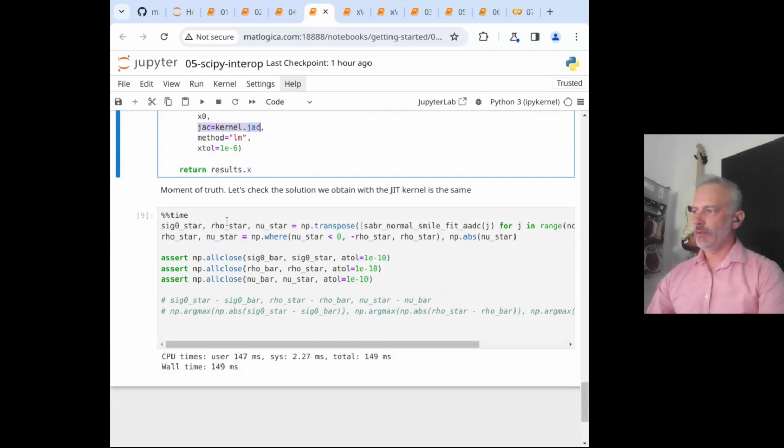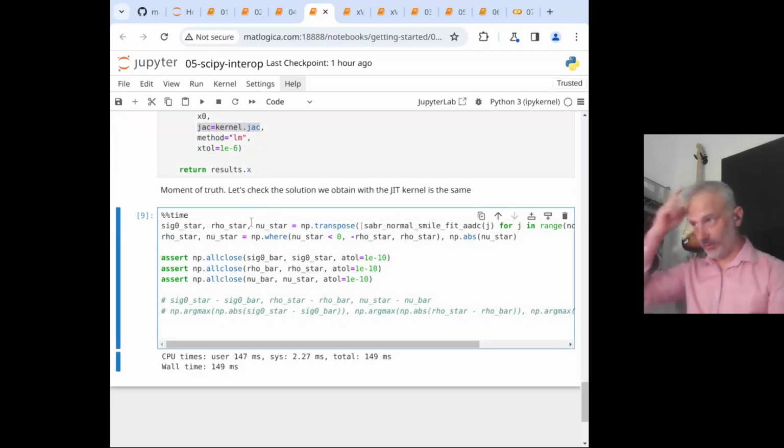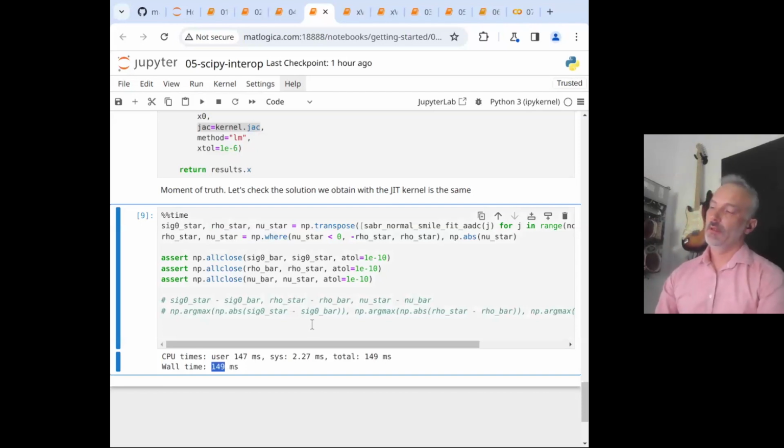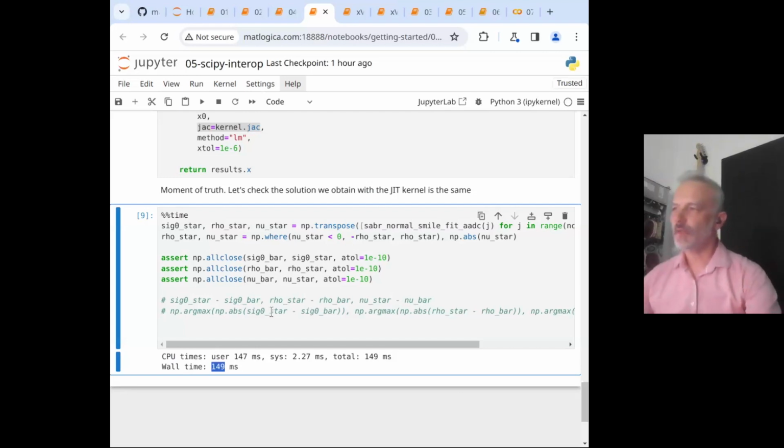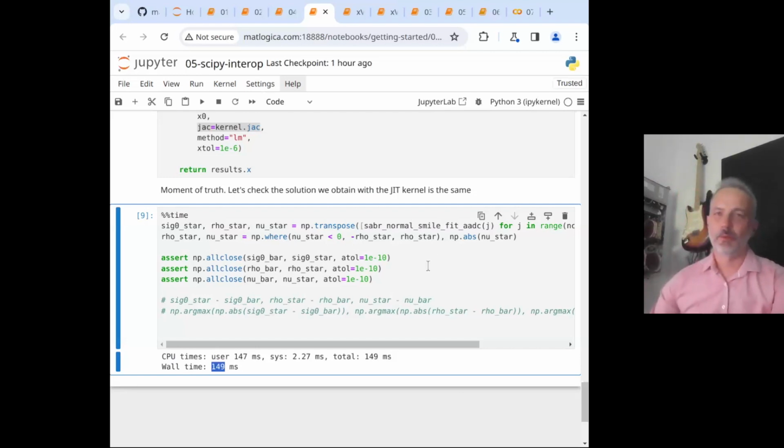And this time, full calibration of this same data set takes about 150 milliseconds. So it's a healthy acceleration by about, what is it, about 30 times in this case. Now we can take it further if we want to, but this is just something you get out of the box.